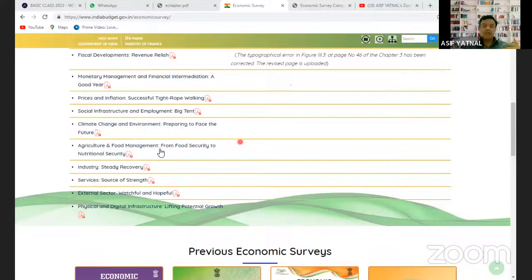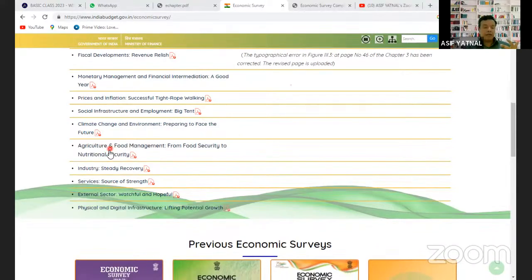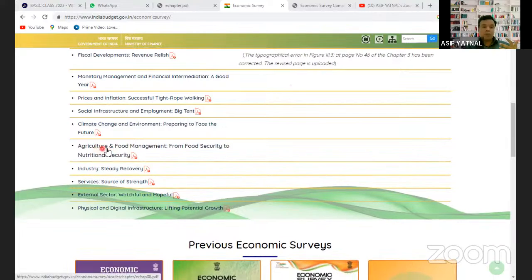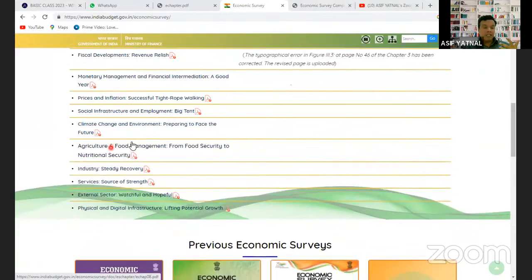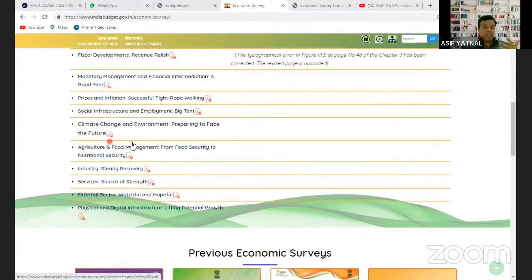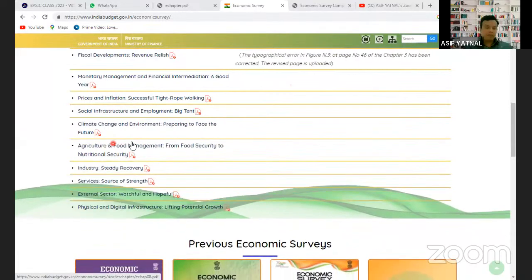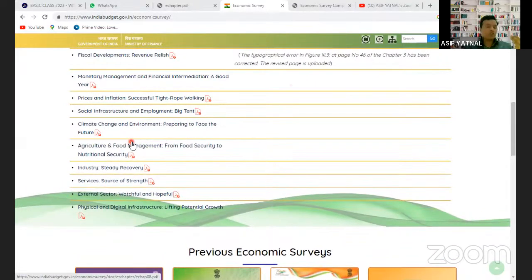The problem is about the management. So in Indian agriculture and food management, we are not able to have proper supply chain management. We have both private as well as government systems where food grains in India are supplied. We have a public distribution system in which the government procures the food grain and it is distributed to the people.